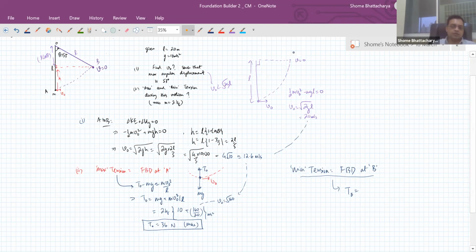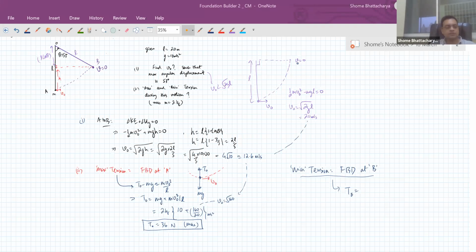Yes, Bhavesh, that's correct. In all these situations, we assume that there is no air resistance or air friction, or more properly, what we say viscous force. We assume none of that is there. So there is no non-conservative force. That's why mechanical energy is conserved. Also, we assume that where the string is tied to the support at the point O, there is no friction between the string and the support. There's some kind of an axle or a hinge at which the string is rotating. So there also we are assuming that there is no friction involved. So there are no non-conservative forces in our system.